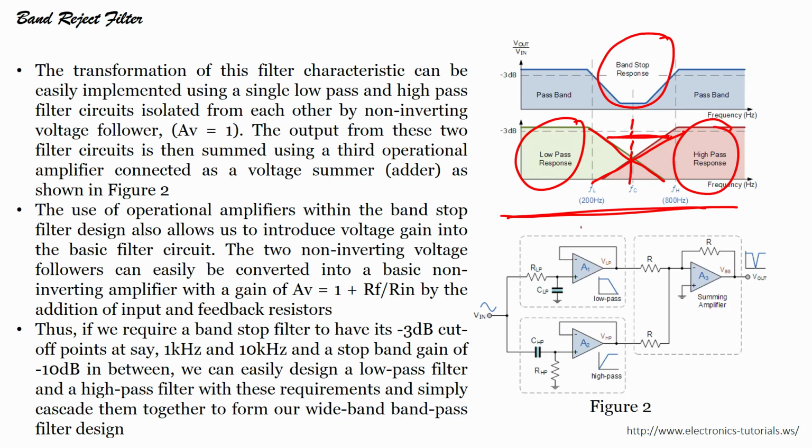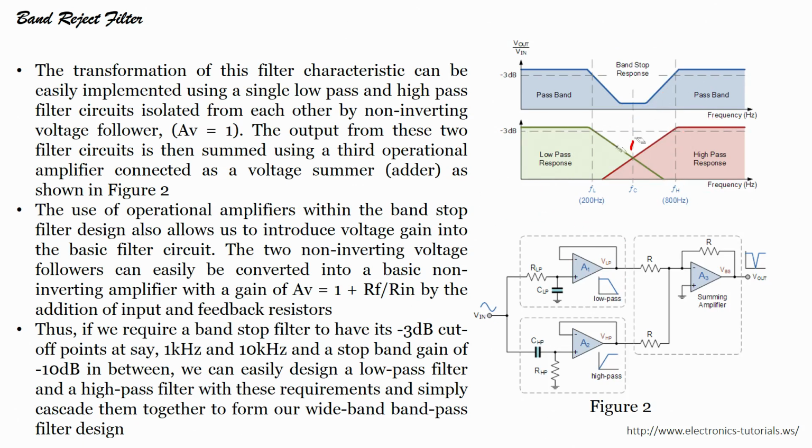I have a low pass active filter, I have a high pass active filter, I have a summing amplifier, correct. We have seen op amp as a summing amplifier. You see the output voltage fed here. So, it is like V1, R1, V2, R2. This output will be minus RF into (V1 by R1 plus V2 by R2). This is what we have seen. So, that will be my V out.